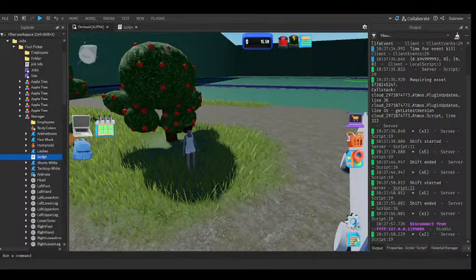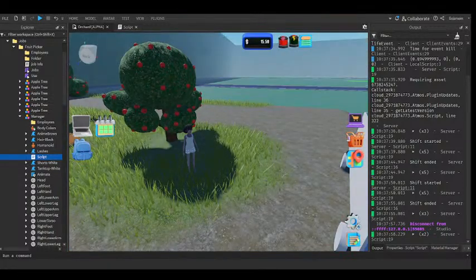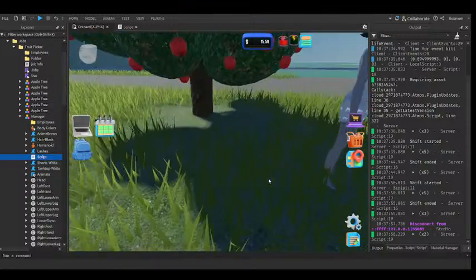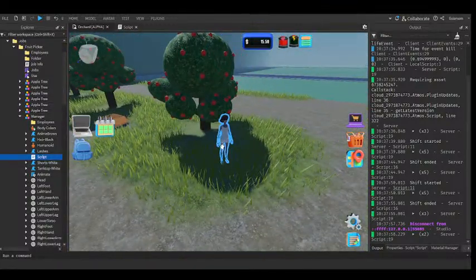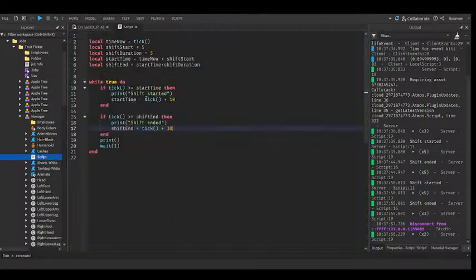So now we see that the manager can now start shifts and end shifts. We'll adjust the time later on because we really cannot wait that long each time. So here we know that the shift started. So once the shift has started, what